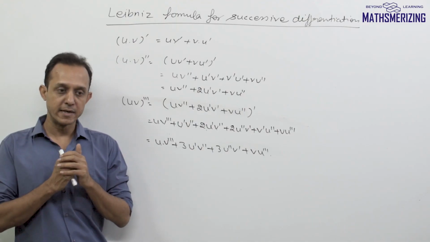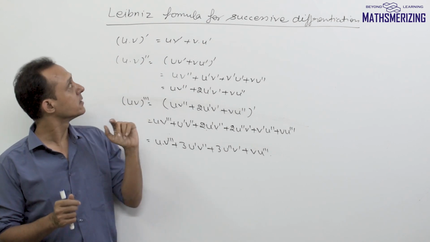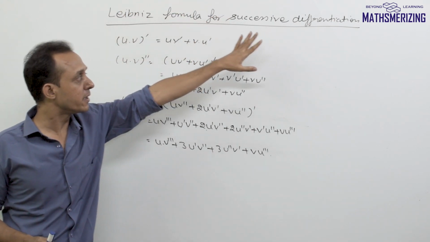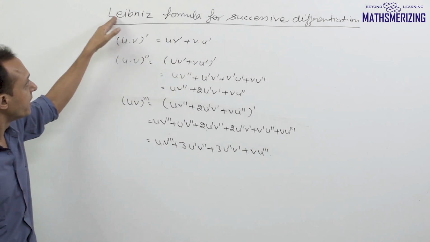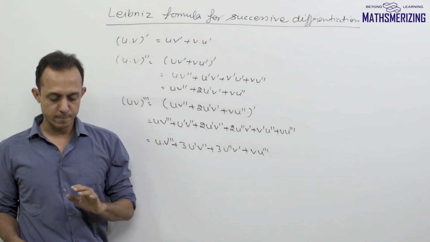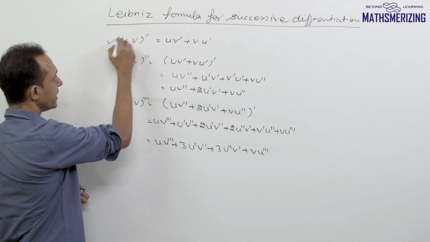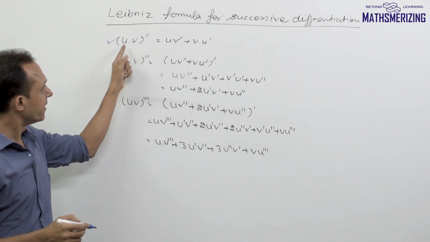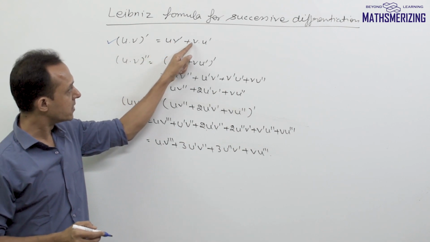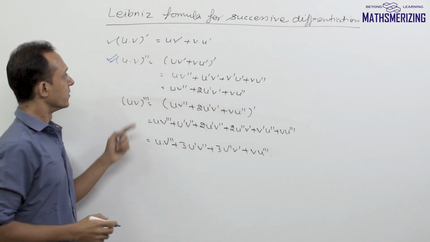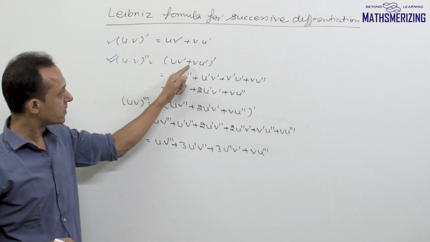Now in binomial theorem, we'll study something related to calculus, which is the Leibniz formula for successive differentiation, also called the Newton-Leibniz formula for successive differentiation. Now we know the product rule in differentiation, right? So if I have to differentiate u v, its derivative will be u v dash plus v u dash. Now if I differentiate it again, the first derivative is u v dash plus v u dash,